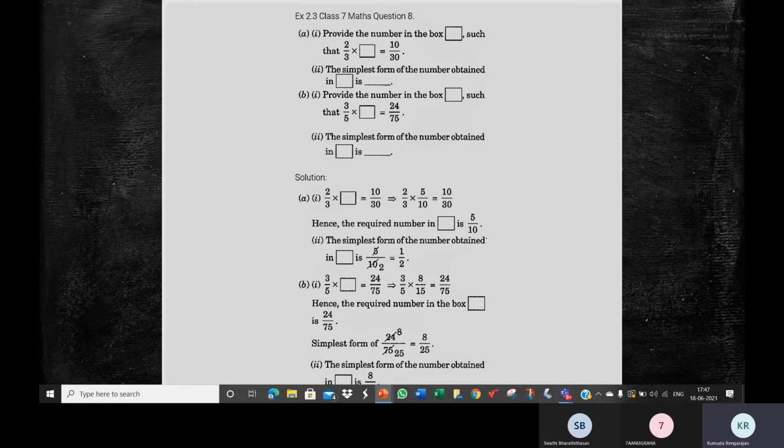Yeah, yeah. Okay. Ma'am, the D1. No, not the A. The first one. A. Yes, ma'am. Ma'am, 2 into 2 by 3, ma'am. As the second one is a mixed fraction, we can represent it. I think you're seeing a different screen. Yes, ma'am. It's not changed for me, ma'am. Ma'am, provide the number in the box such that 2 into 2 by 3 is equal to 10 by 30, ma'am. 2 into 3 we can be multiplied by the 5. Sorry, ma'am.